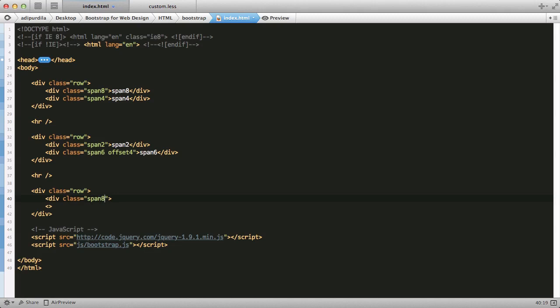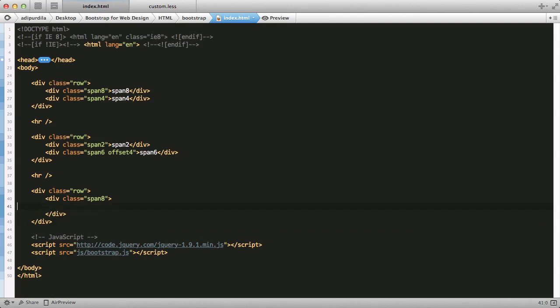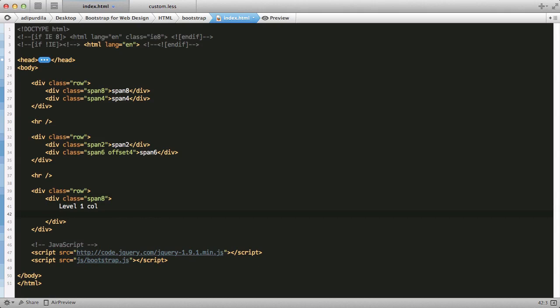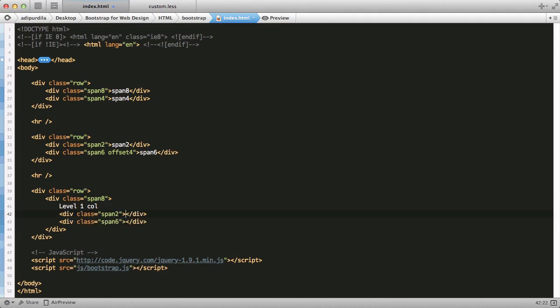Let's do a span 8. Level 1 column. And then we'll say div class span 2 plus div class span 6. And let's say level 2 column as content for both